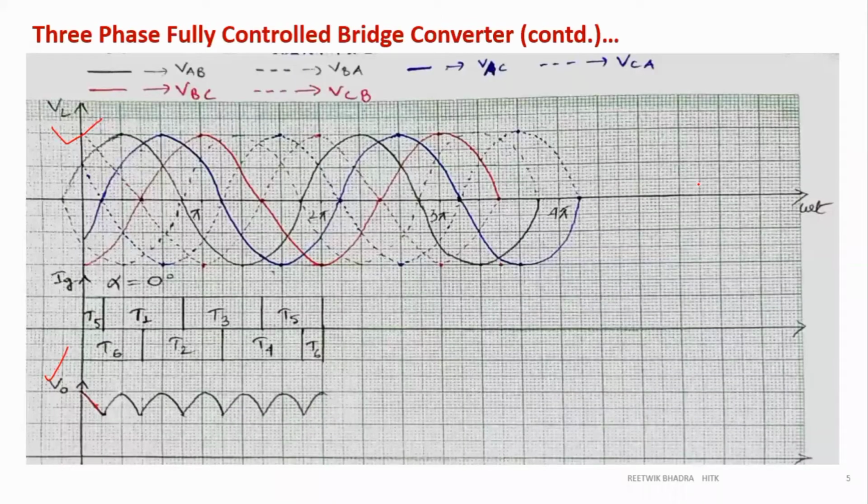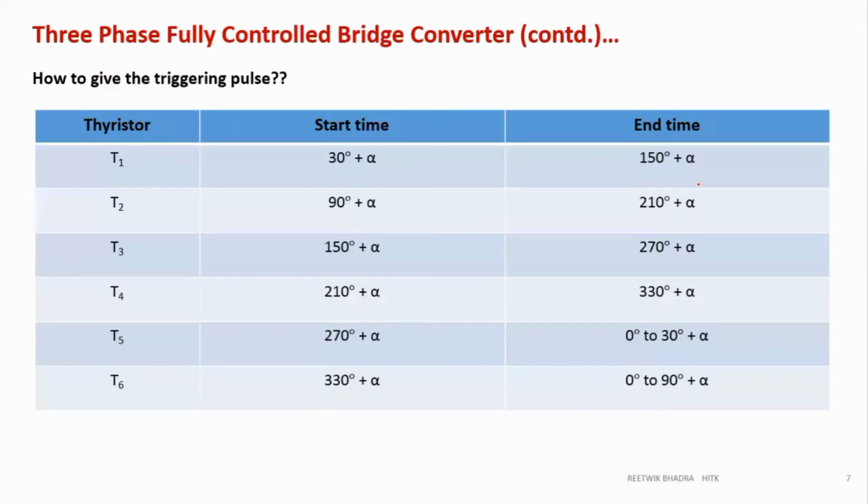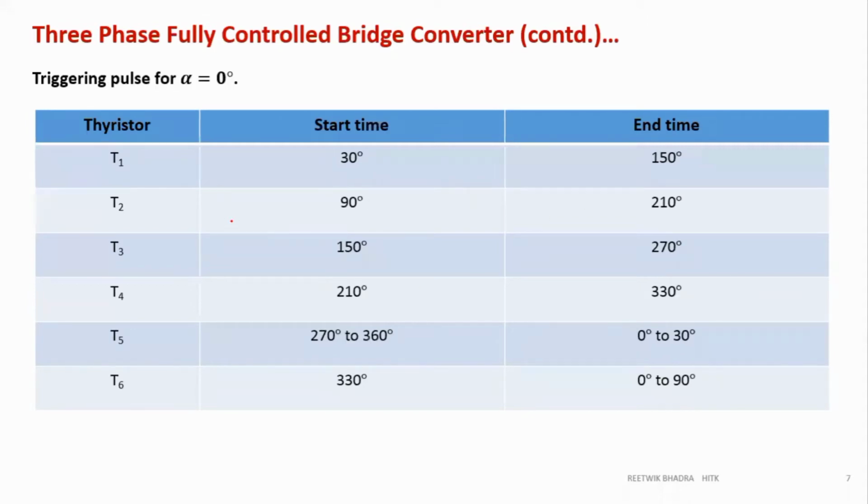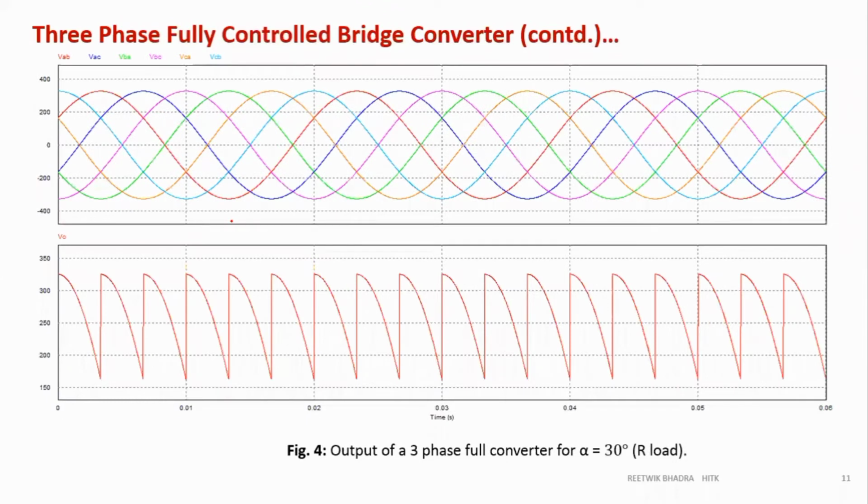So even if you are giving a firing angle of alpha, there will automatically be a delay of 30 degree present, because at the load we get our line voltage, and our phase voltage is the reference. So we have to calculate the phase difference of the reference point with our present point. That is 30 degree. That is how everything is done, which we have studied, and we had plotted our waveforms, right?